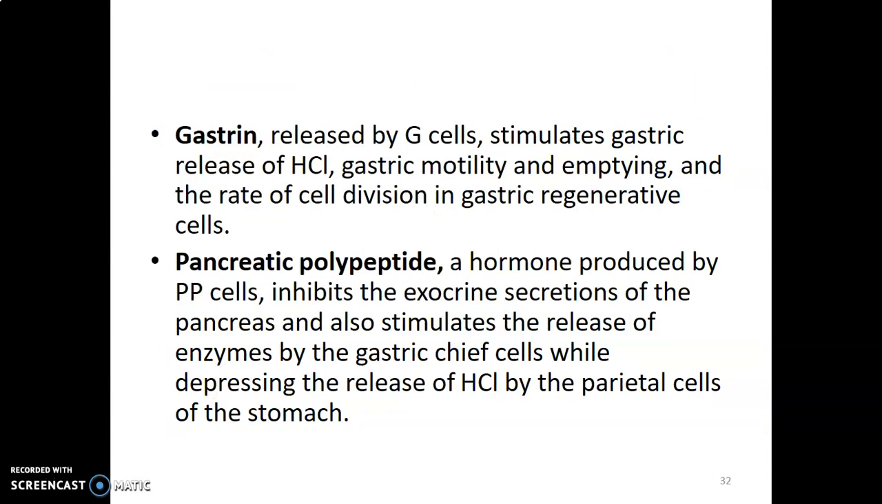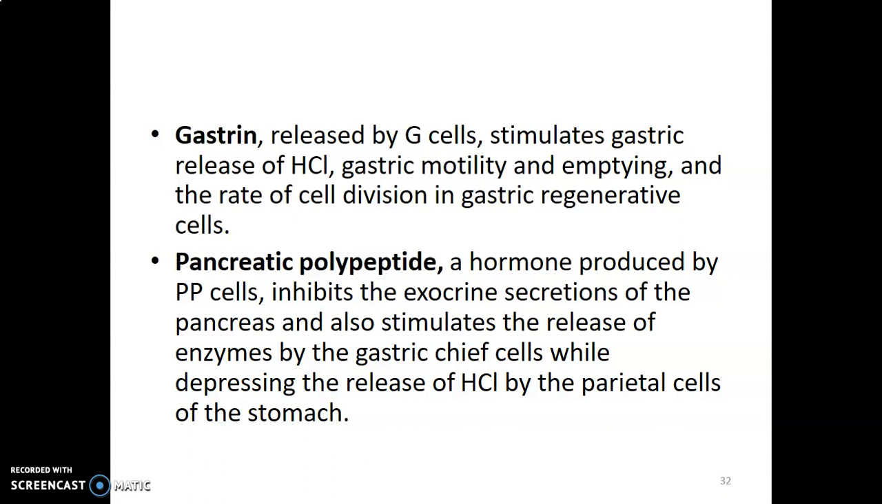Gastrin is released by the G cells, and they stimulate gastric release of hydrochloric acid. They also stimulate gastric motility and emptying. Okay. Then we have pancreatic polypeptide, which is a hormone that's produced by PP cells. What's the function? It inhibits the endocrine secretion of the pancreas and also stimulates the release of the enzymes by gastric chief cells. Remember, chief cells of the gastric